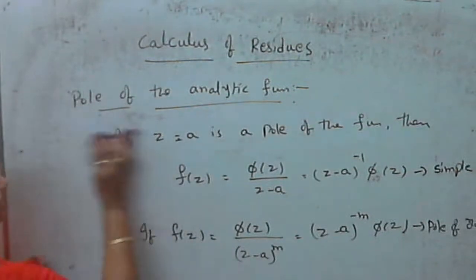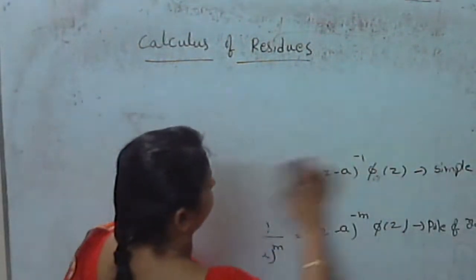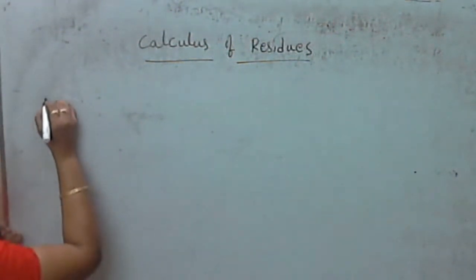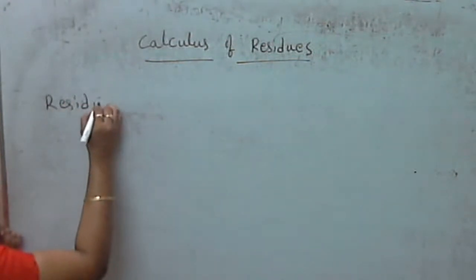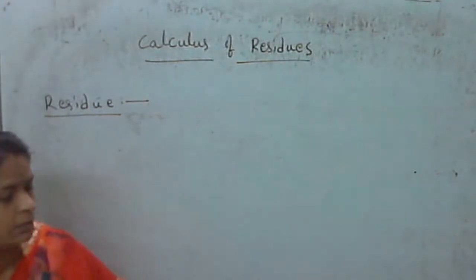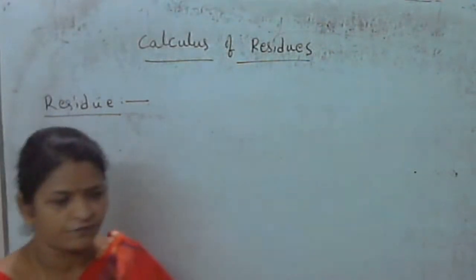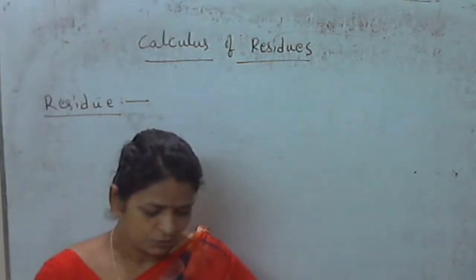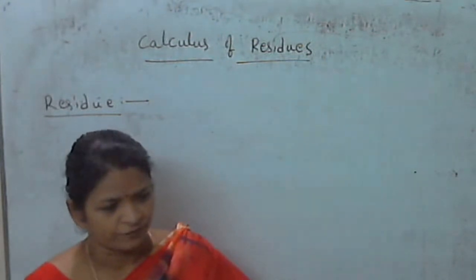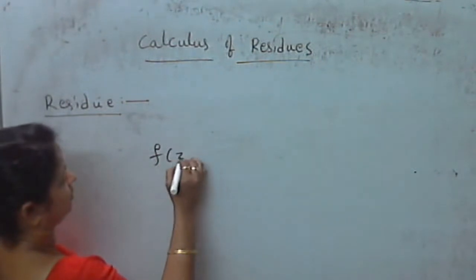Next topic is residues. Residue means, in the expansion of f of z, the coefficient of 1 by z minus a. So the coefficient of 1 by z minus a is called the residue of f of z. So f of z can be written as